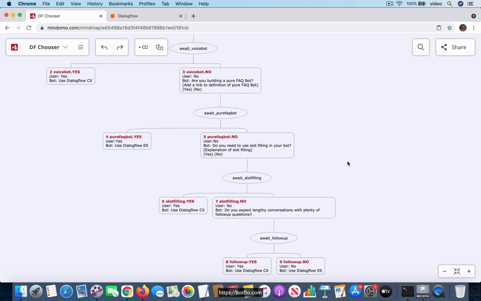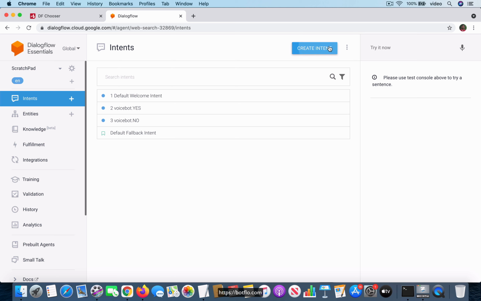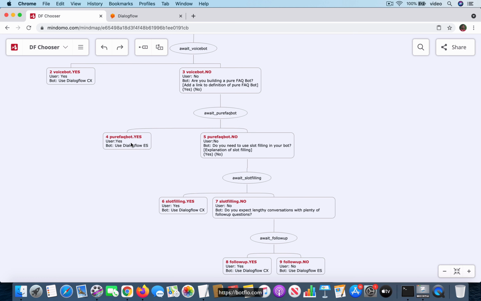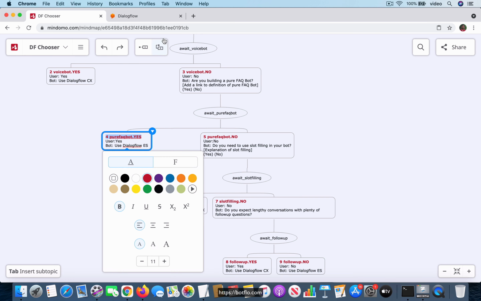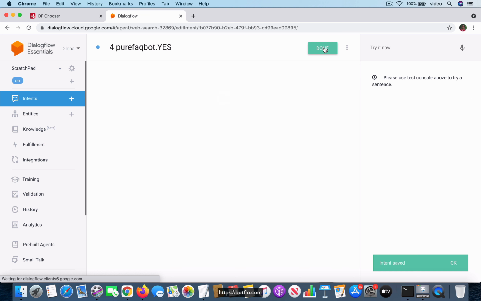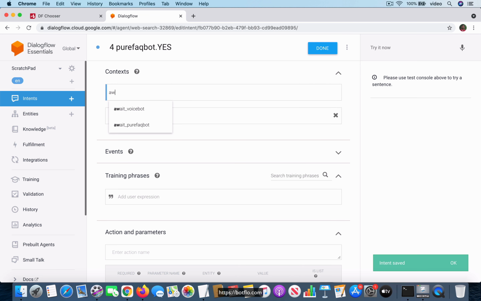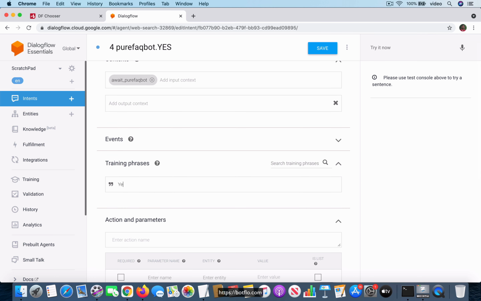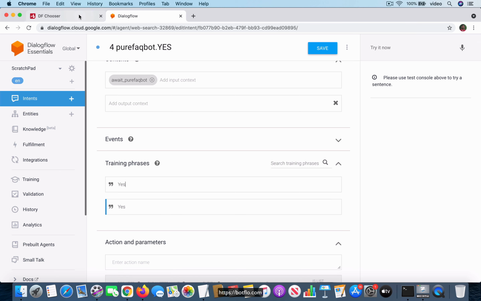So let's fill out the fourth and the fifth intents in the bot. So I'm going to create a new intent, and the fourth intent is just going to be pure FAQ bot.yes. It's going to be the name of the intent, and as you might expect, you will have await pure FAQ bot. And because this is not going to give you any follow-up questions, in this case, the user has said yes, it's just going to come back with a response which says use Dialogflow